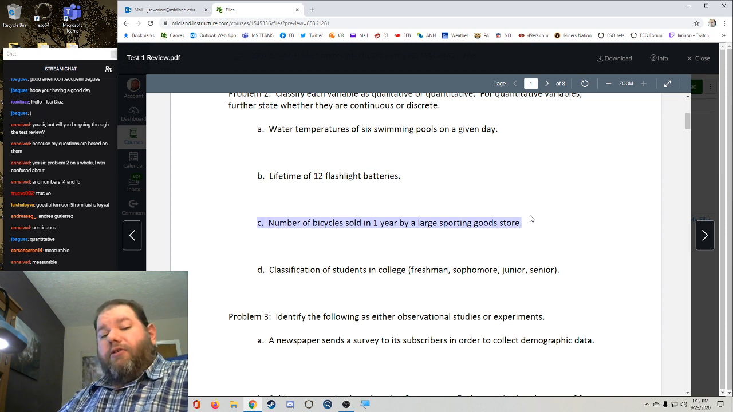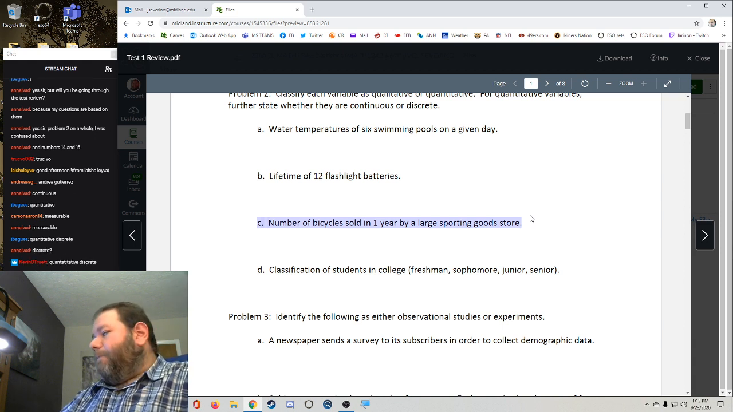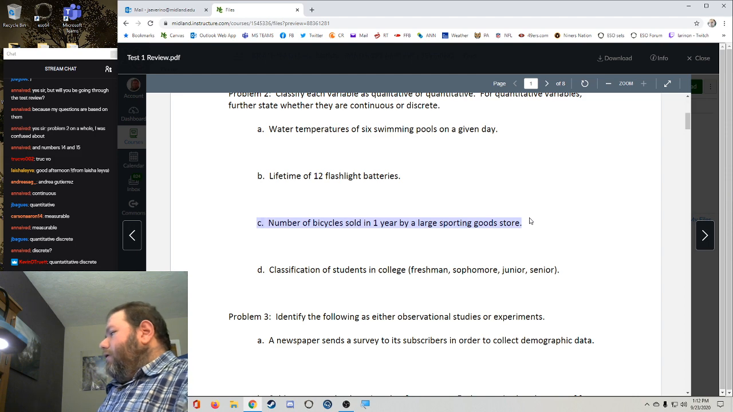And again, we're thinking, do we count the number of bicycles or do we measure the number of bicycles? Discrete. Yeah, quantitative discrete. So C would be quantitative discrete. Good. And then D,